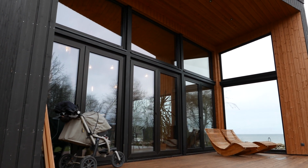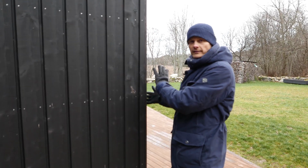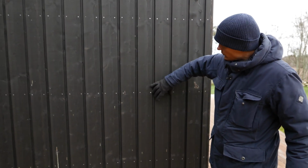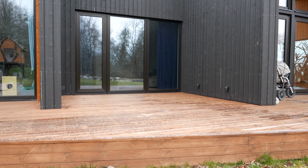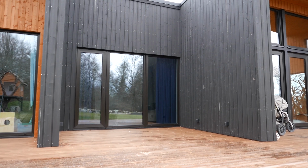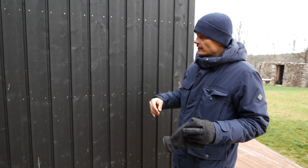All these elements of the house were made in the factory, and almost all this nice wooden board you see here was also put in place in the factory, besides the corners of the solutions, which were detailed at the location. But as you see, there are these wooden boards, and they go behind each other, and therefore this avoids wind getting in and rainwater getting into the house. It creates a really nice solution, because it's black color, and the wooden boards are not too smooth. They are sawed, and that's it, and then painted, and they have their structure and nice touch,